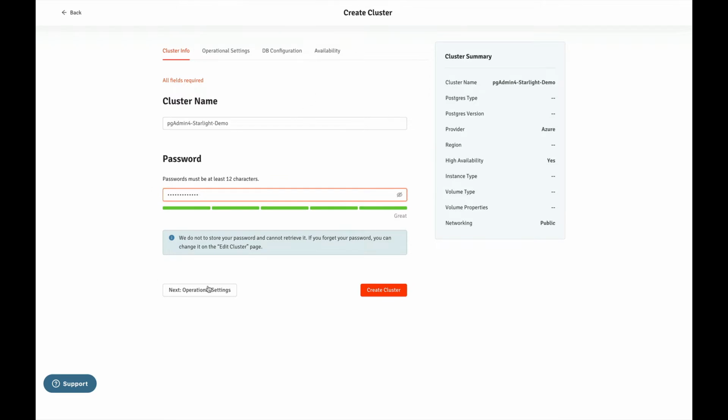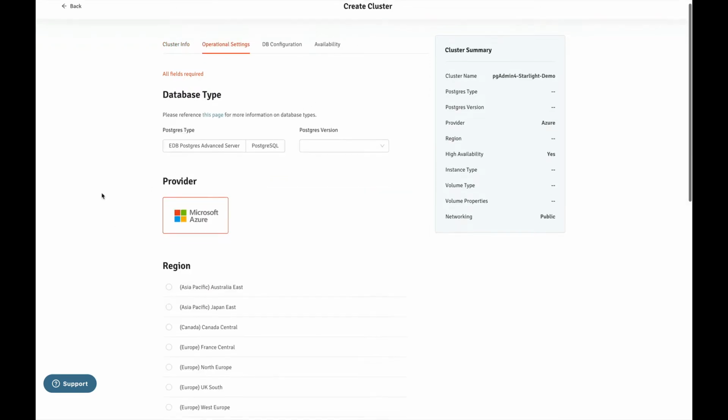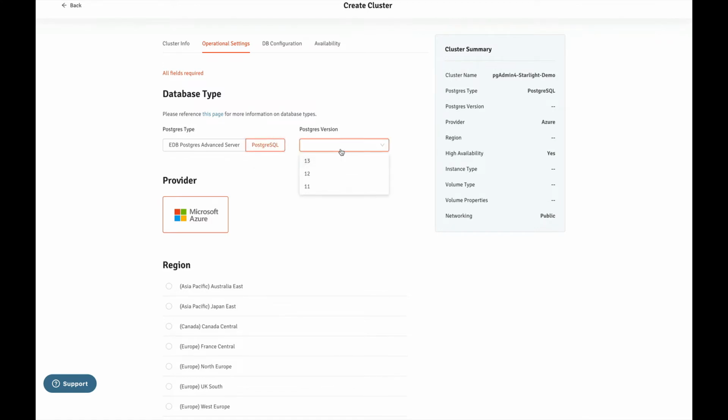There are some operational settings. Here you can choose the Postgres type, like you have to deploy an EDB Postgres Advanced Server or a PostgreSQL server. So I will go with the PostgreSQL server, and we will have to select the version. So I am selecting version 13.